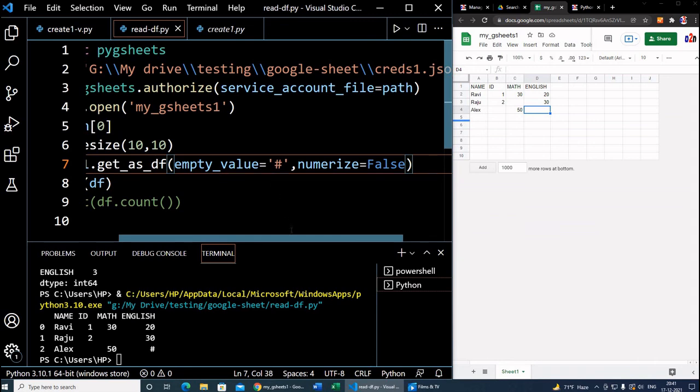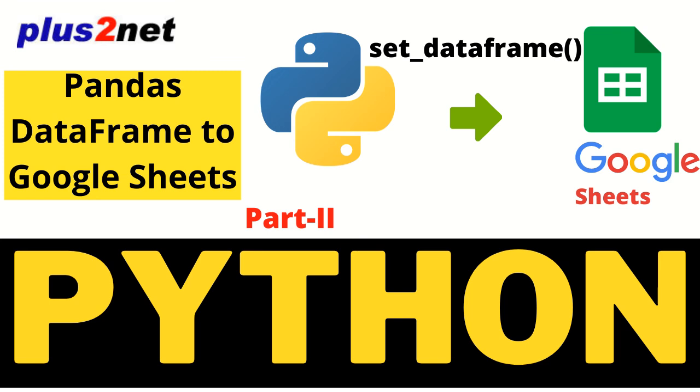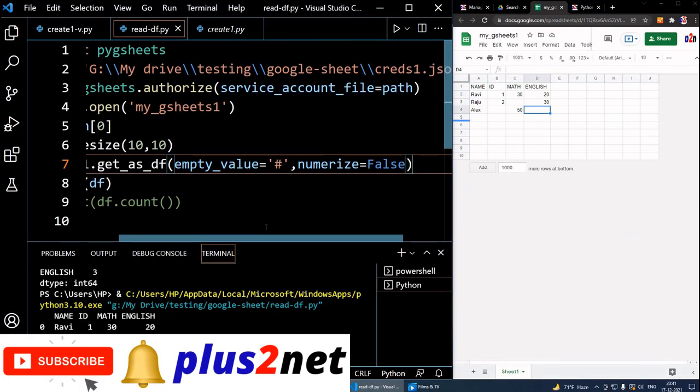That's all. We have almost explored all the options for how we transfer data and create a data frame, because it has a lot of utility. We can draw data from MySQL, transfer it to a data frame and keep it on our Google Sheet. Earlier in part 2 we learned how to convert a data frame to Google Sheet. So this is part 3. Next we will learn some parts of the Tkinter window where we will take Google Sheet data and create drop-down lists, so we will familiarize ourselves with that combination too. We will be adding more tutorials like that.